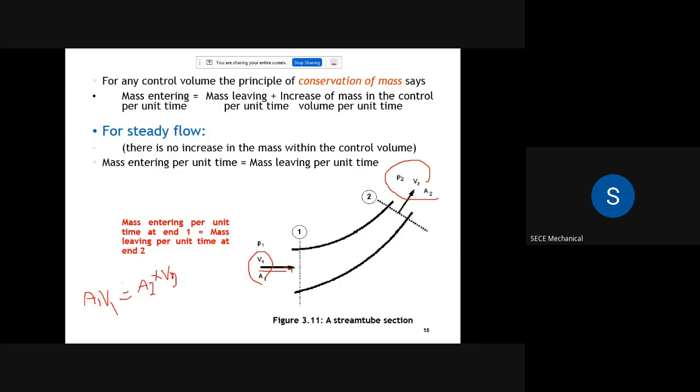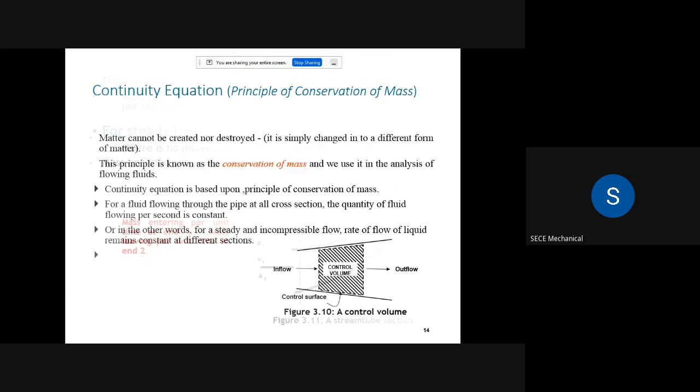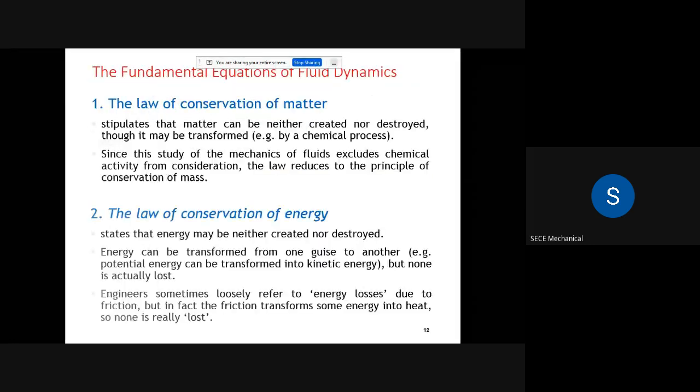So in the case of fluid flow in a controlled volume, there will be no additional mass. The rate of flow at the inlet is equal to the rate of flow at the outlet, right, in a controlled volume. There will be no adding up of mass, which relates to the principle of conservation of mass, right? So now, what is called conservation of mass?